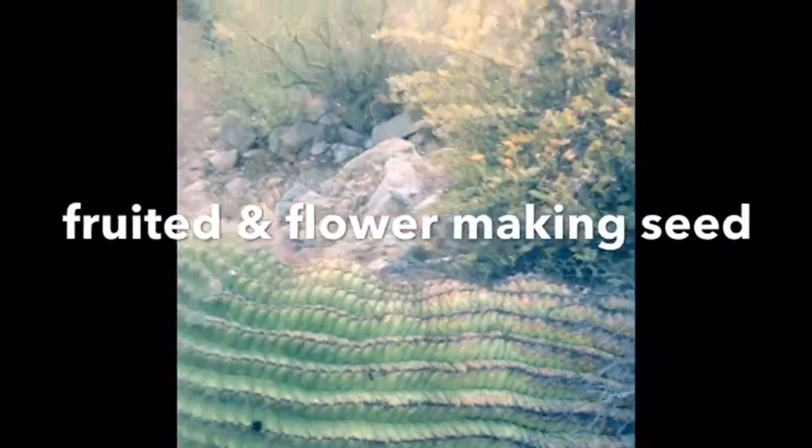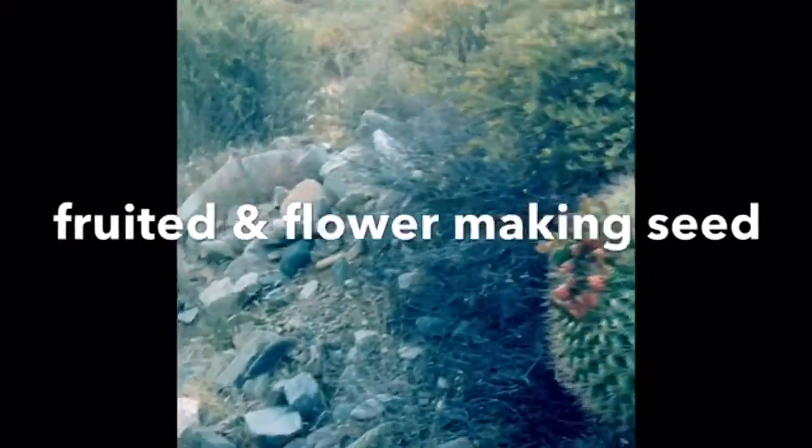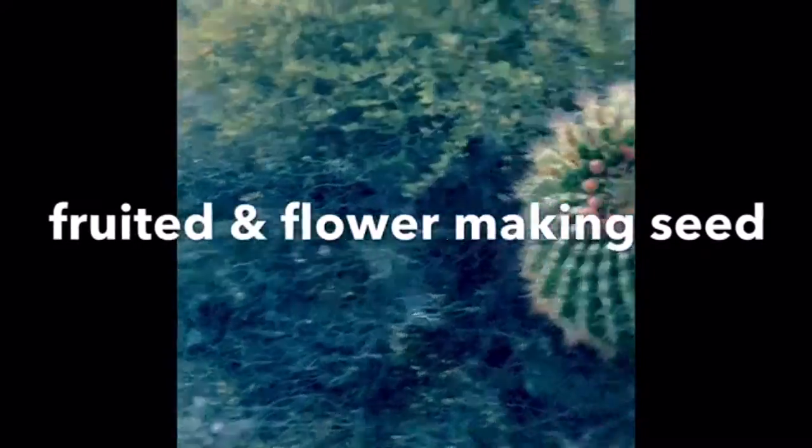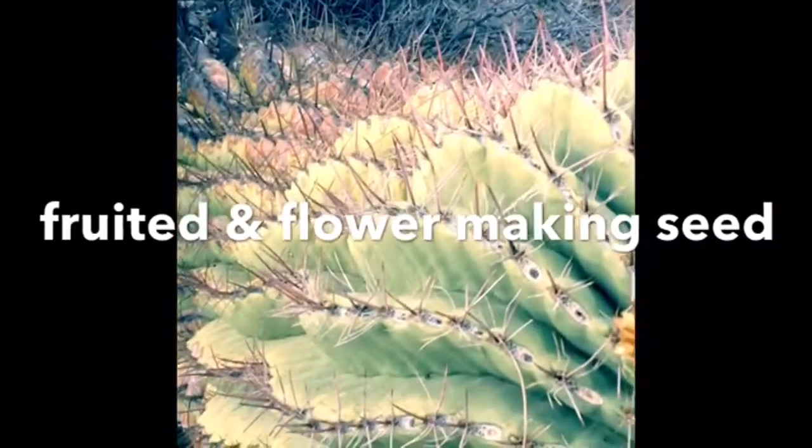It's fruited and flowered, and here we have the maturing fruits of the bisnaga. These are very tender flower buds. As you can see, there are